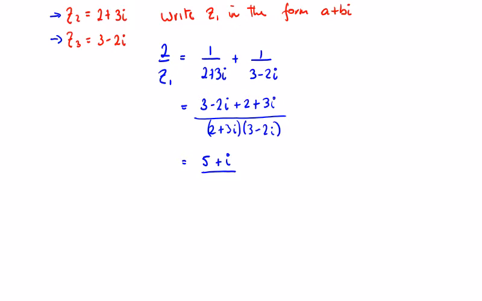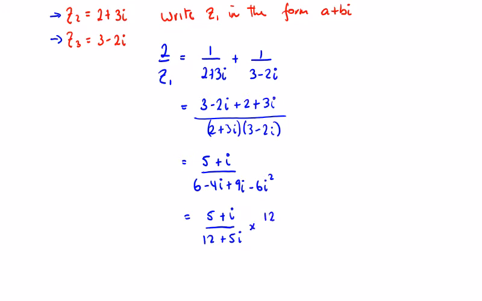Over, and we multiply the bottom out, we're going to get 3 by 2 is 6, minus 4i, plus 9i, minus 6i squared, which we know is going to become plus 6. So we're going to get 5 plus i, over 6 plus 6 is 12, and 9i minus 4i is plus 5i. Now, when we have a complex fraction, we have to multiply by the conjugate of the bottom to get